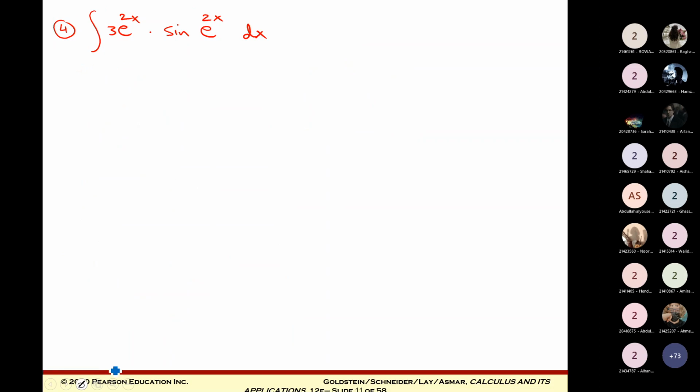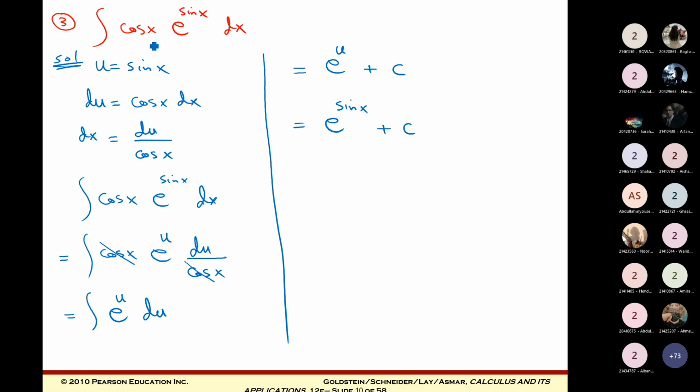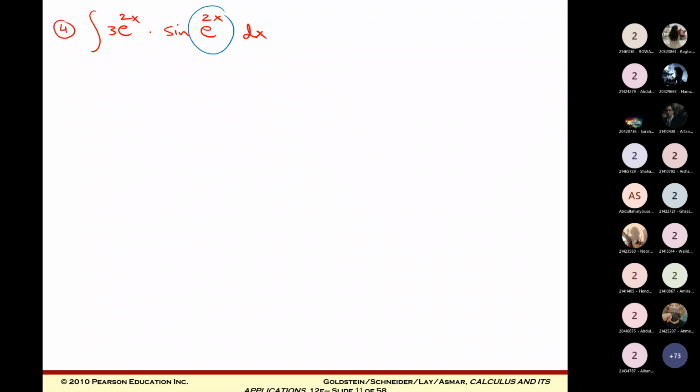Okay, number 4. Look at this. Before, we had sine x and cosine x, which is very easy, with no function other than x inside the cosine. But here we have e to the power 2x inside the sine. The derivative of e to the power 2x, we can find it multiplied by sine. So here we need to